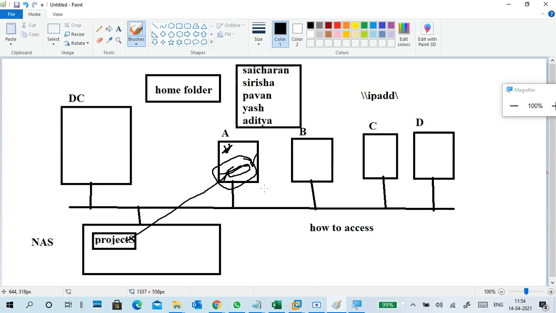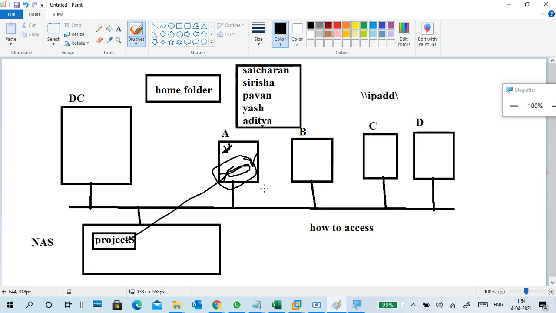The second one is the home folder. Home folders are common folders for multiple users. We had a problem with storing on the same PC, so instead of storing into the local PC, store the data in a central PC by a commonly shared folder.